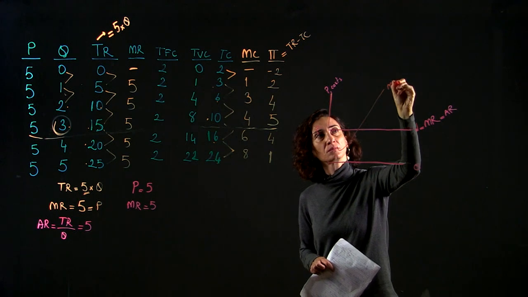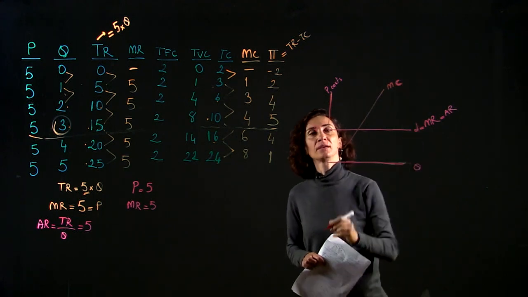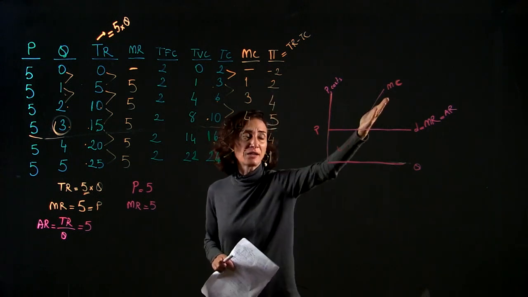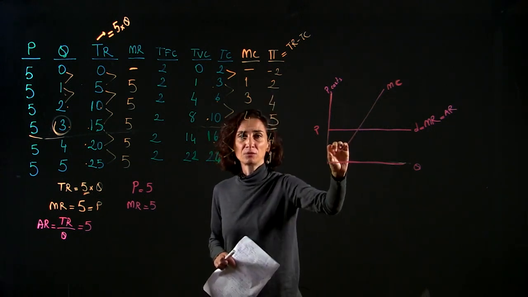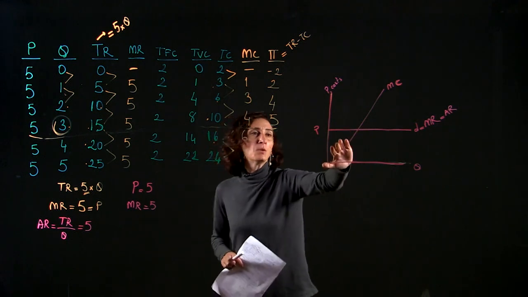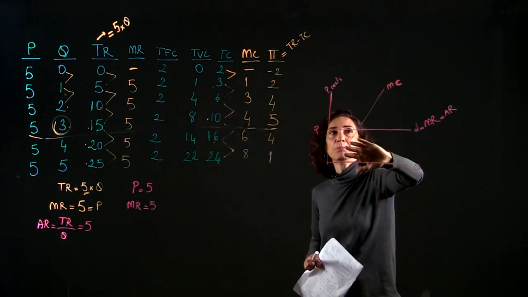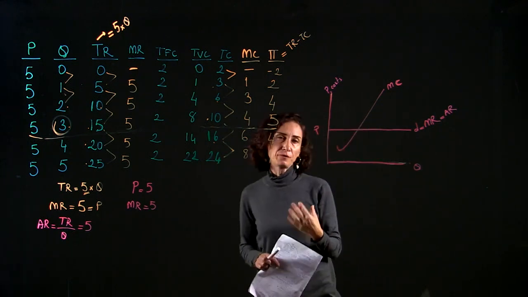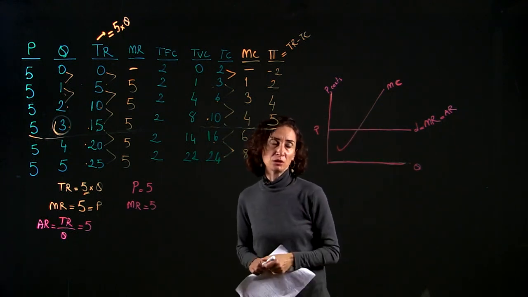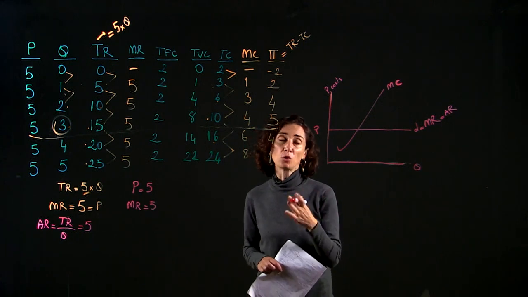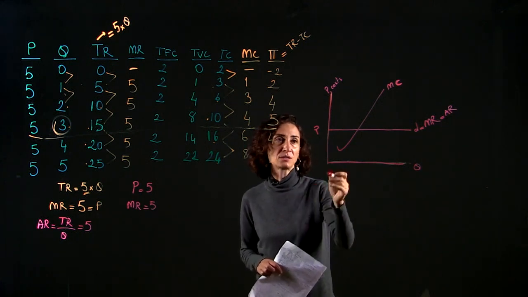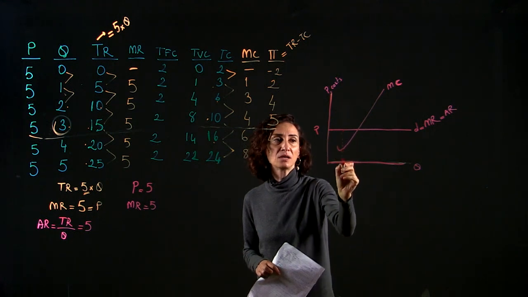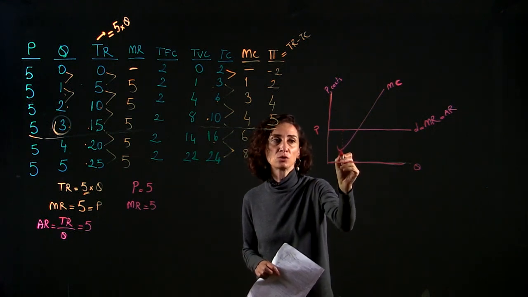Okay. So this marginal cost looks like this, only it doesn't have this part. It doesn't matter really. We have an upward sloping marginal cost curve, okay? So here is our profit maximizing rule. What our profit maximizing rule tells us: as long as marginal revenue is more than marginal cost.